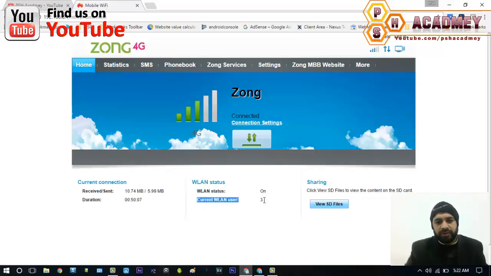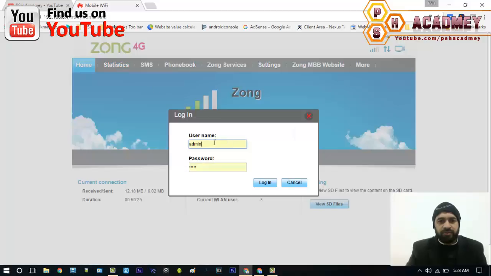We have 3 different users connected with this Wi-Fi device, and now I am going to show you how we can disable or block all these users that are already connected with our device. Let's click on statistics, and here you have to enter the username and password of your device.